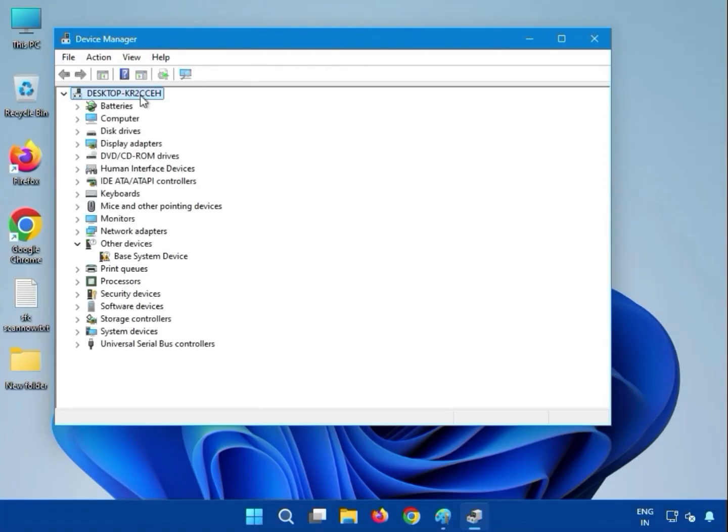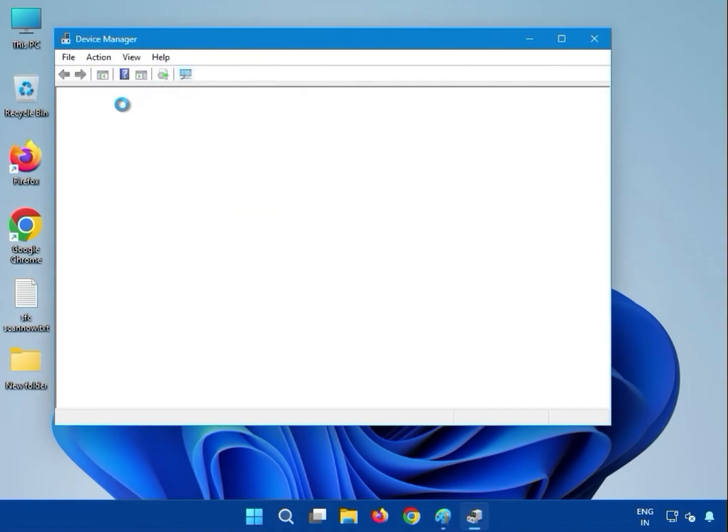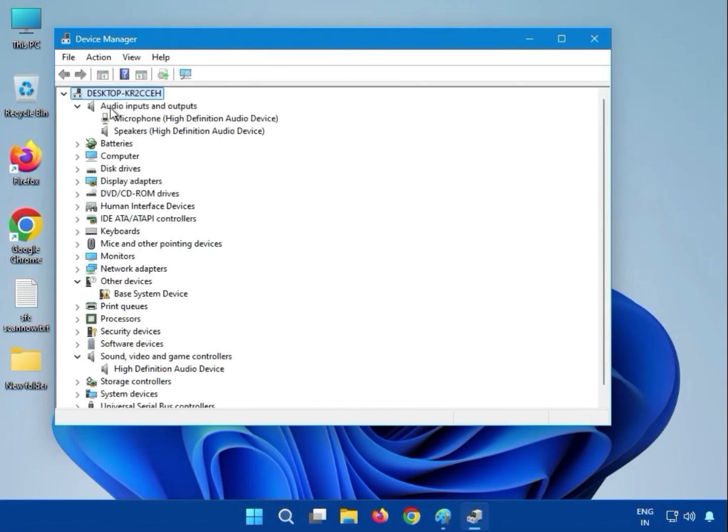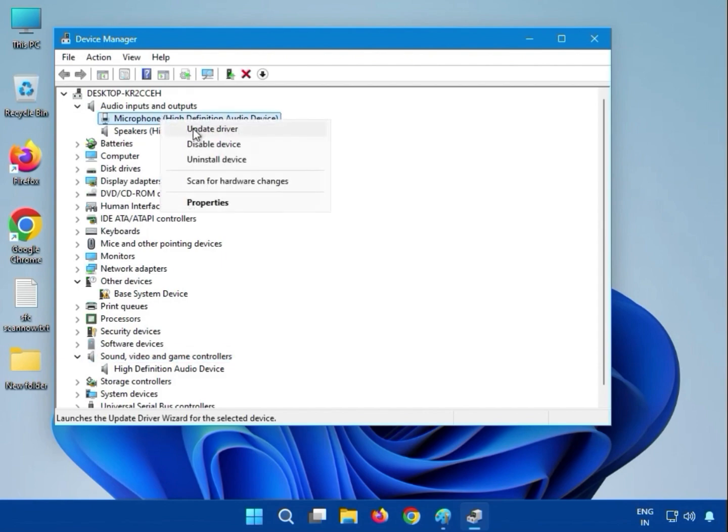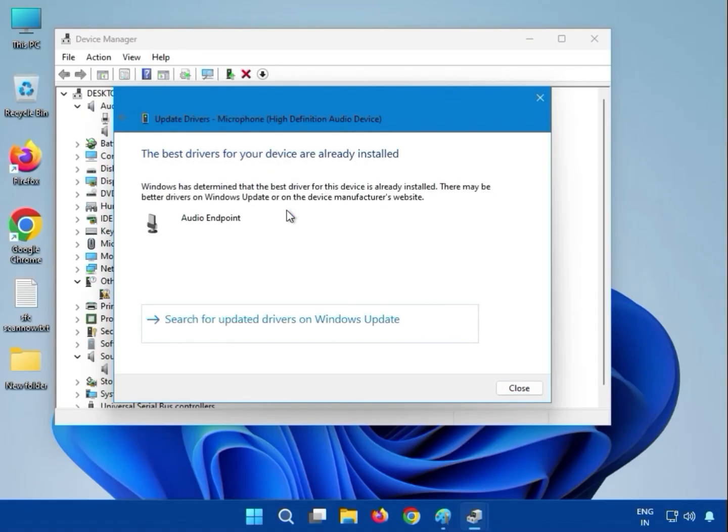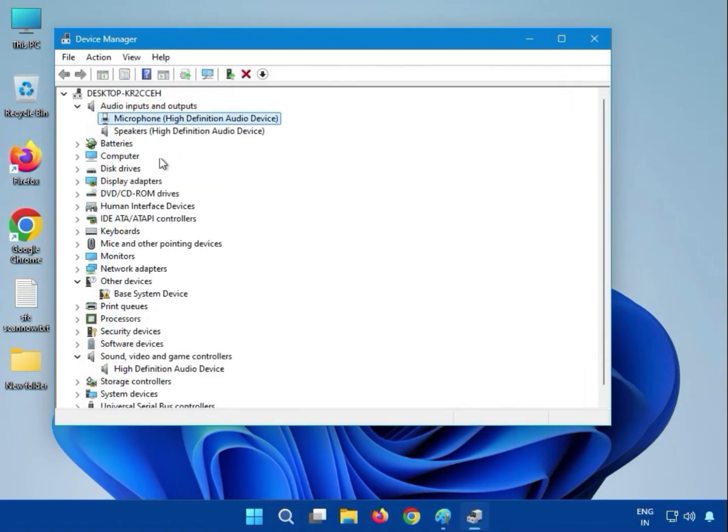Okay, after that guys, you have to click on here, scan for hardware changes. Okay, this is the last icon. Just single click, it will detect automatically. Okay, audio inputs and outputs and sound are also there. After that guys, select the microphone, just right click to update driver and then click search automatically. Complete, do that the same for the speaker,